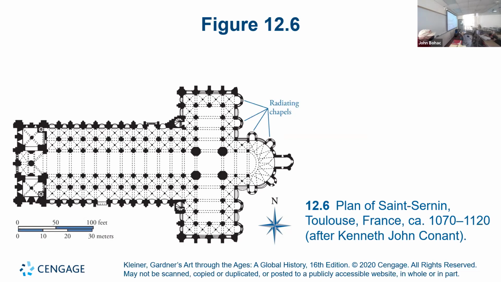It's the power, it's the authority, it is the governing body of Europe for many decades. We talked about the Holy Roman Empire. This is it. And so what we'll see here is kind of a continuous development, first called Romanesque and then